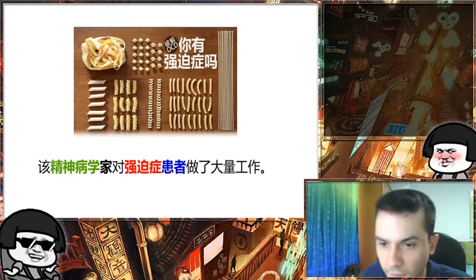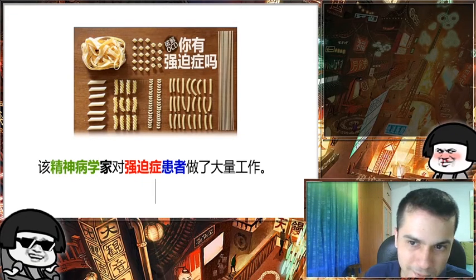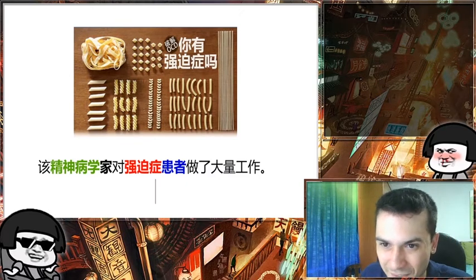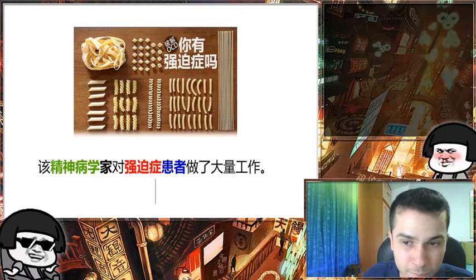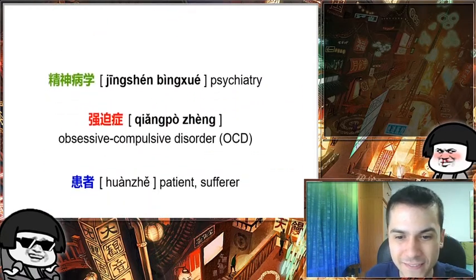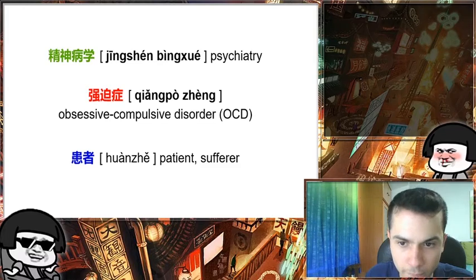Alright, so that's pretty easy, right? Actually, you have OCD here, the translation. Hope you weren't cheating. And 你有强迫症吗? Do you have OCD? Alright, now let's take a look at the new vocabulary. 精神病学 强迫症 患者